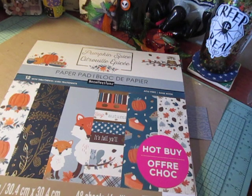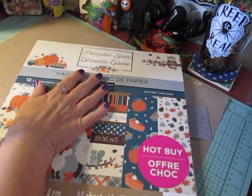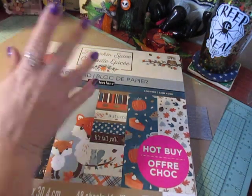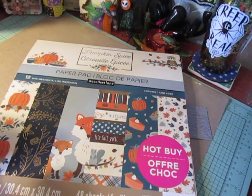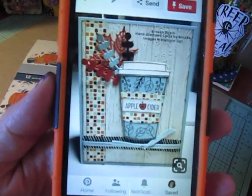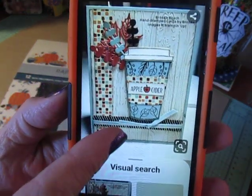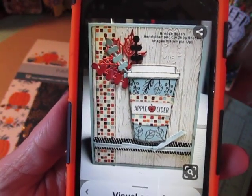So I did see one on Pinterest that I loved, and I'll try and pull it up for you now so y'all can see it. And then you'll know kind of where I got my inspiration from. I loved the colors in this card. Thought it was so cute. And here it is. This one was an apple cider card. You can see the to-go coffee cup and just the blues and the oranges, and I just really love the